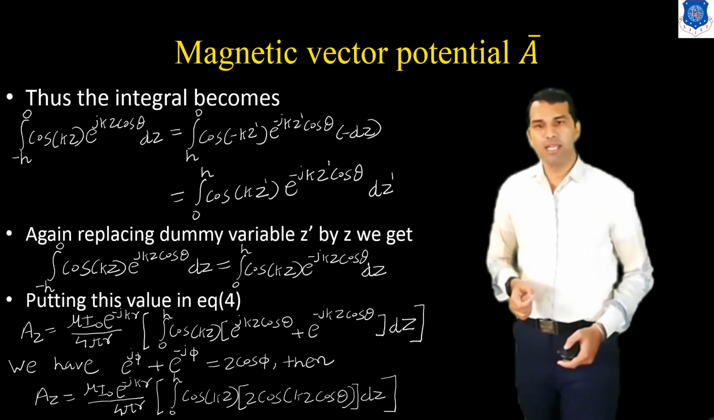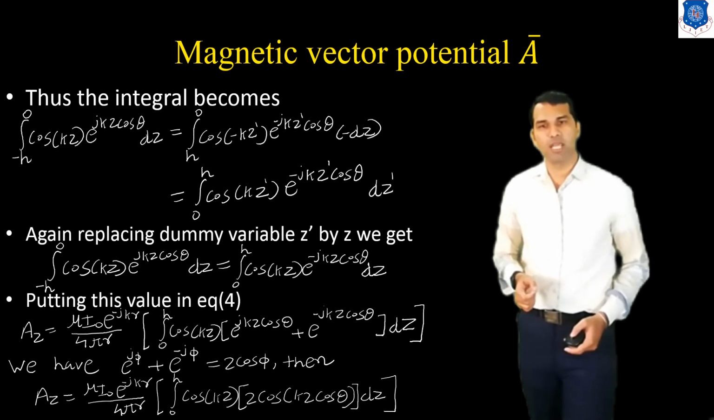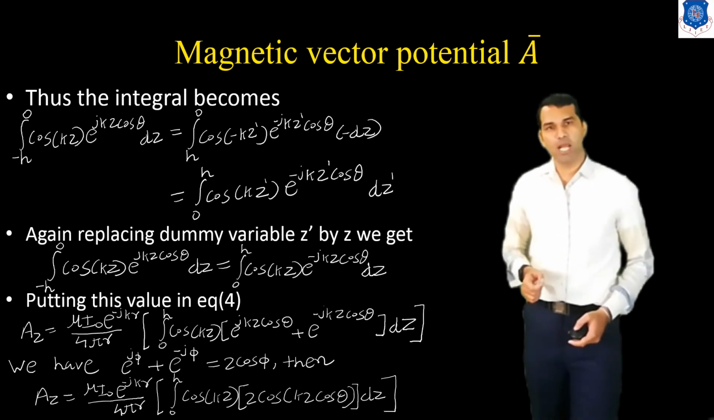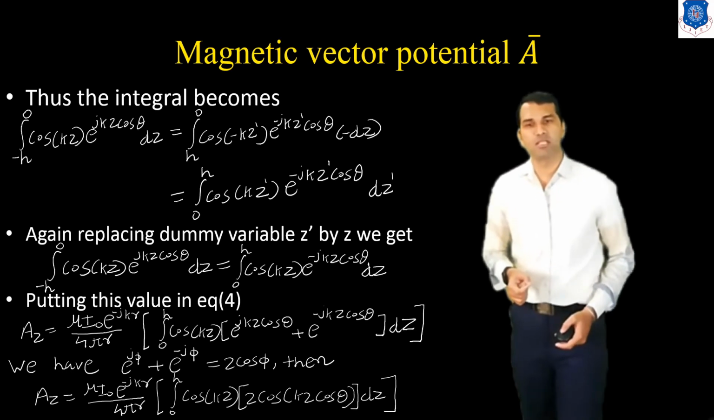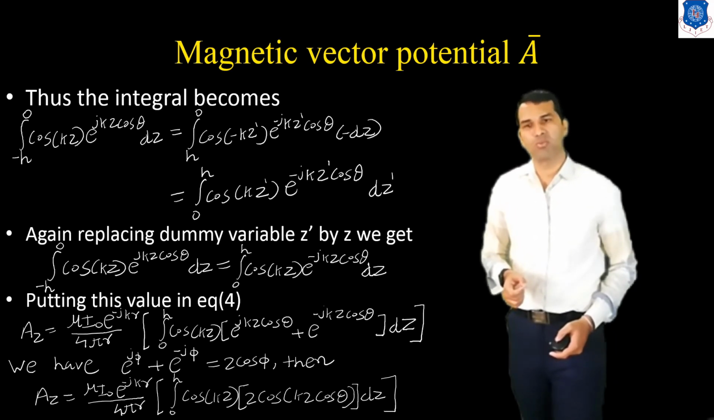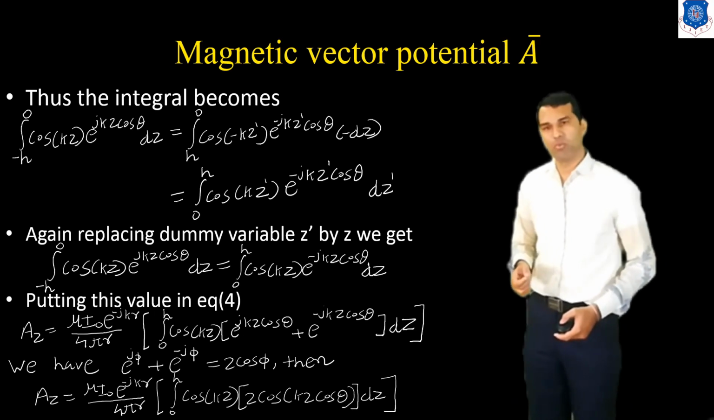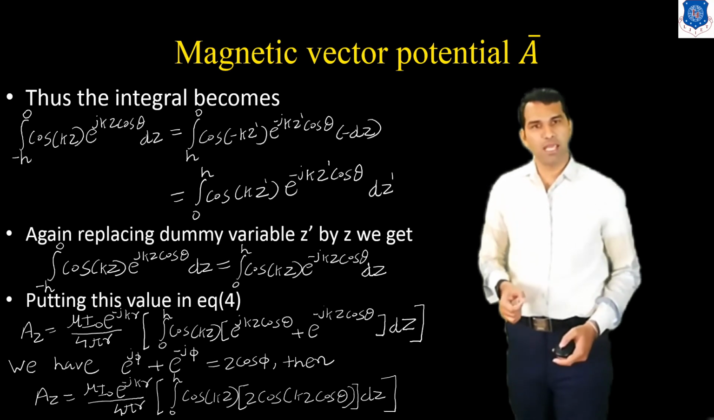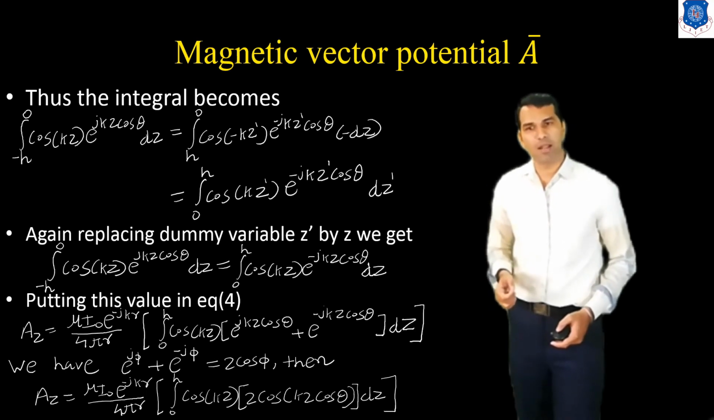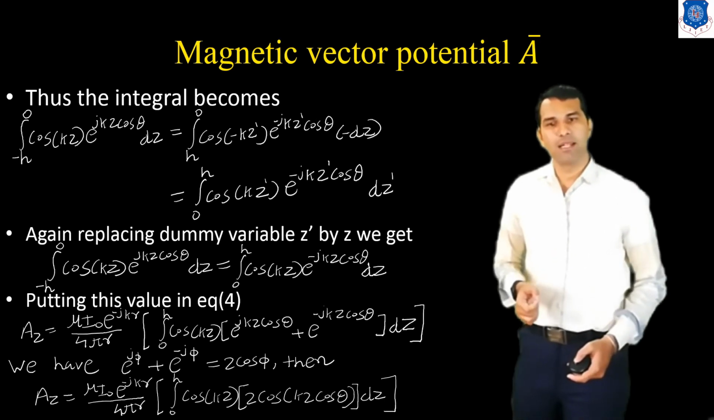We have e raised to j phi plus e raised to minus j phi is equal to 2 cos phi. We know that in trigonometry e raised to j phi plus e raised to minus j phi is nothing but 2 cos phi. So now we put this in this equation, and we get Az equals to mu I0 e raised to minus jkr upon 4 pi r, integration 0 to h cos kz